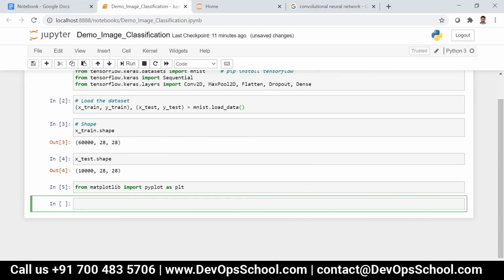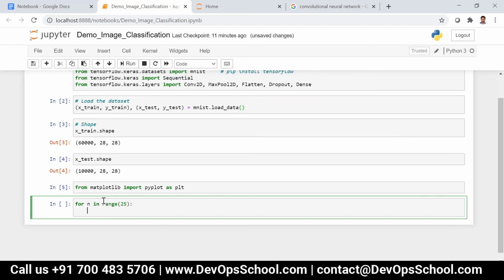I am just going to plot 25 images, that is the first 25 training images. So I can say for n in range of 25, and then plt dot subplot, and then 5 comma n plus 1.